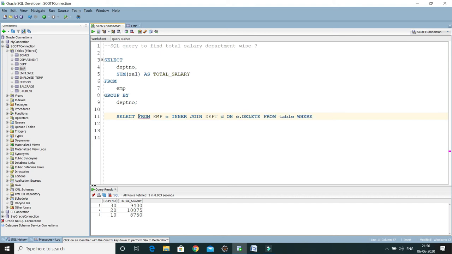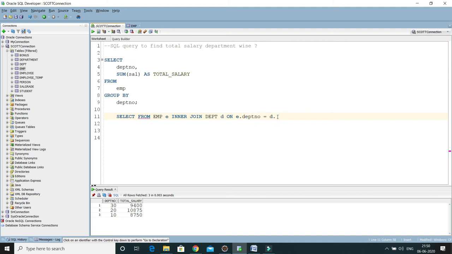We have a department number in the employee table, so DEPT number equals D dot the same DEPT number.